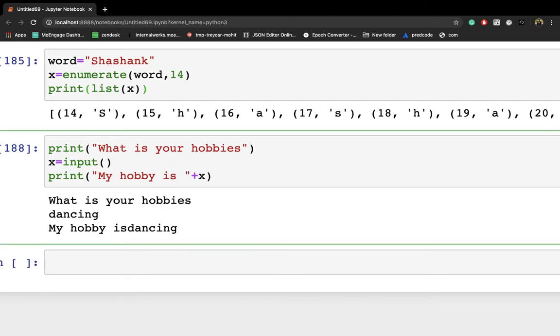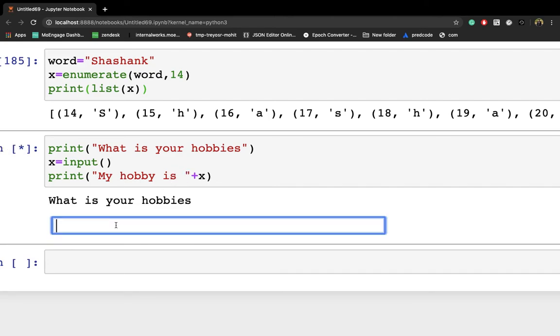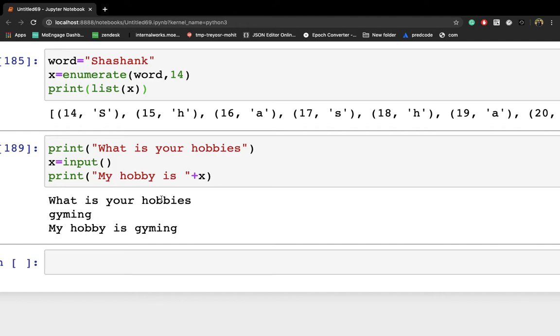You can use space here. Let's say gymming, I like gymming, so my hobby is gymming. Like this you can allow the user to provide input. So that's why you use the input function here.